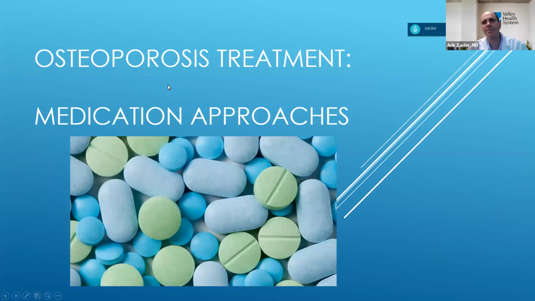Well, what happens when lifestyle only goes so far? And you still have osteoporosis and it's not improving the way you want it to. So that's when medicine comes in. And we're really in an exciting time for osteoporosis because over the past 10, 15 years, they've developed numerous medicines that work in very different ways and really can go a long way.